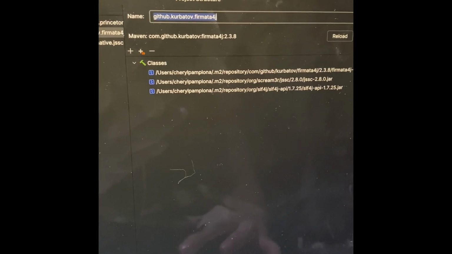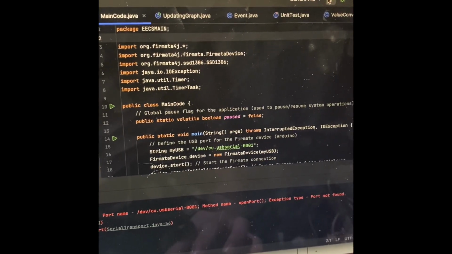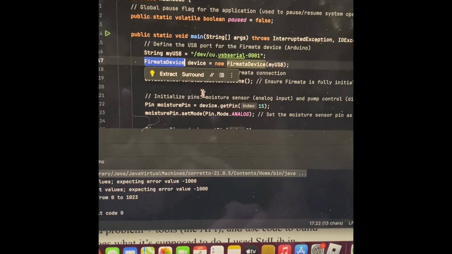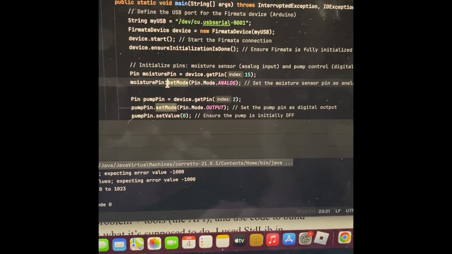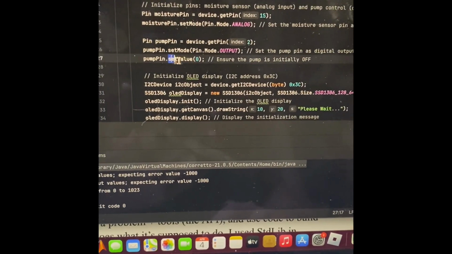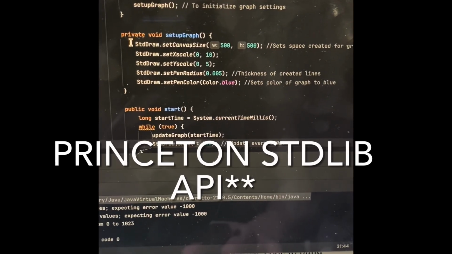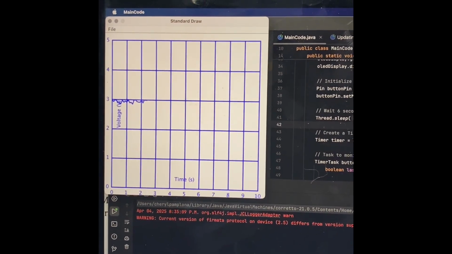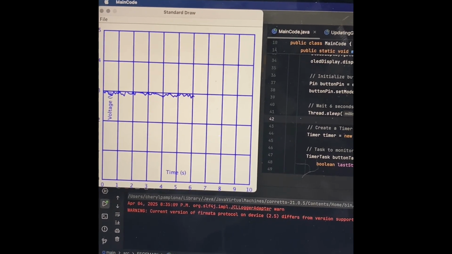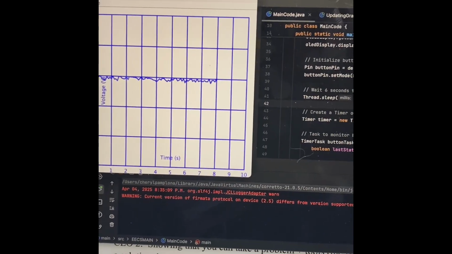For CLO2, I used the Firmata4j API to connect Java to the Arduino and control the hardware. I use classes like I2CDevice, FirmataDevice, getPin, setMode, and setValue to initialize and control the button, OLED, sensor, and pump. I also use the StdLib API to graph the voltage readings in real time. I use methods like StdDraw, StdLine, and StdText to build a clean, live updating graph that shows how the moisture